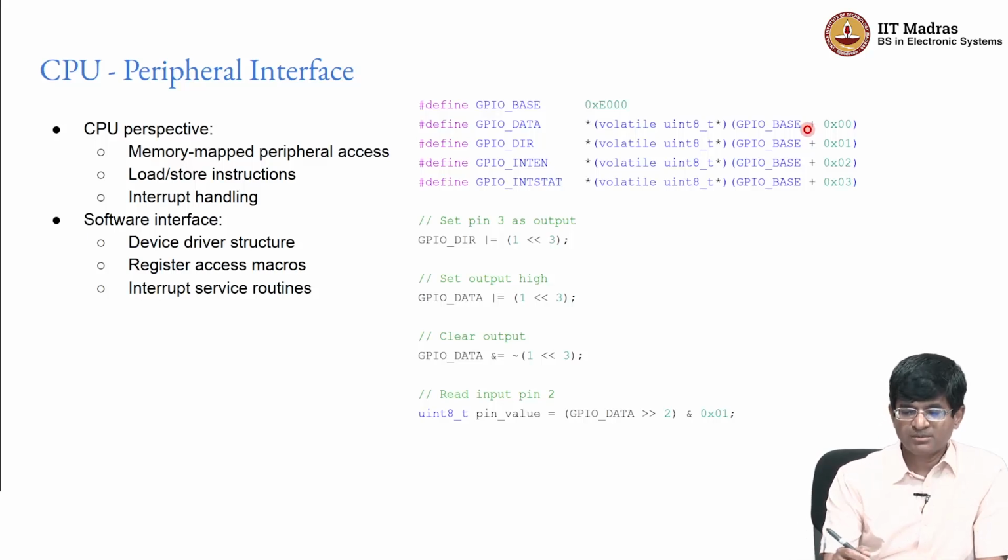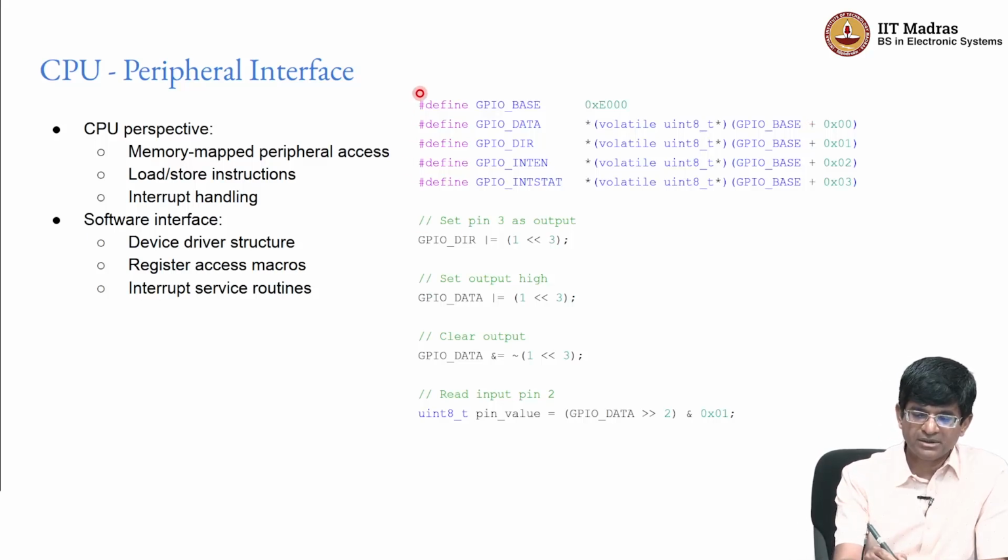So in other words, by defining the base and offset addresses that we have over here, it is possible for us to use a language like C directly in order to communicate with the peripheral. And what we have seen so far in the rest of this series of lectures is what the hardware side of things actually looks like. So from a software interface point of view, this is the most basic form, directly accessing registers.